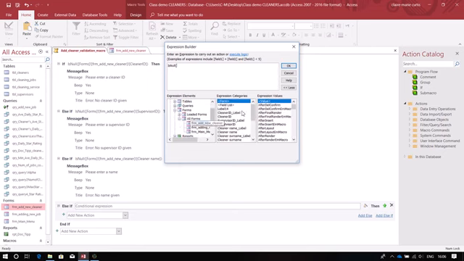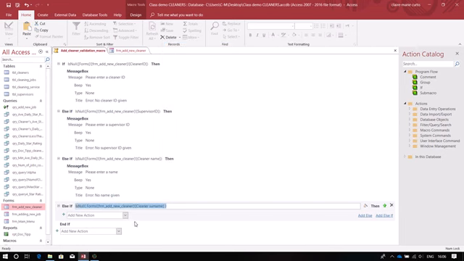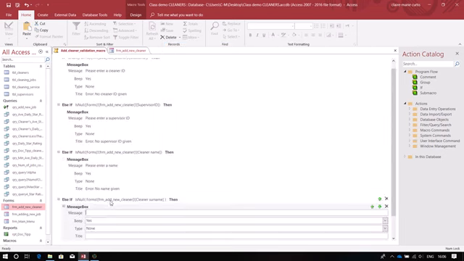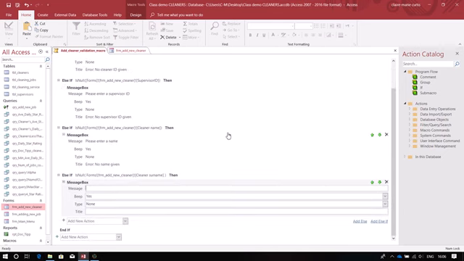Add a new cleaner. So we've done the name, now we want to do the surname. Double click, put in the brackets at the end, press OK. The action is the message box. We're always going to do a little message box. Please enter a surname, title, error,